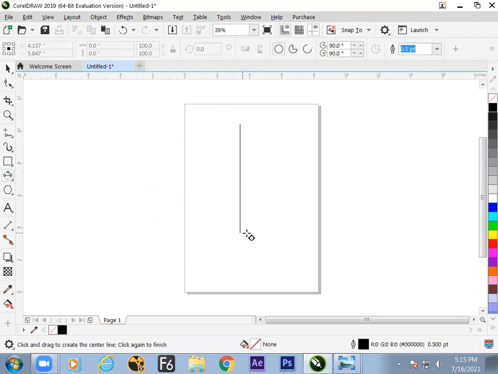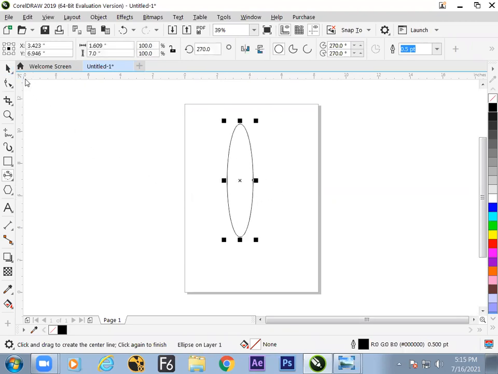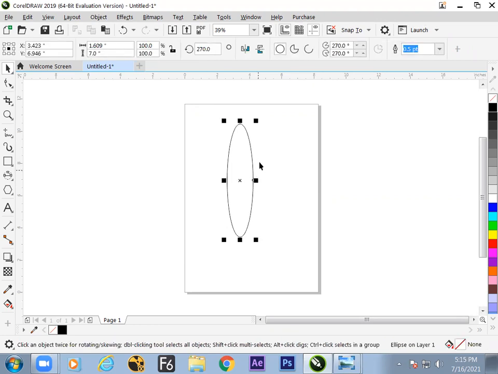Ellipse. Hold the shift button to make it straight. Now the rest of the things we can try with rotation. Copy paste, get plus 90.